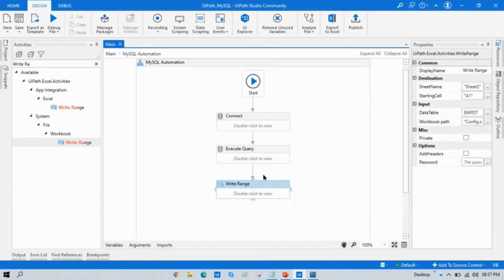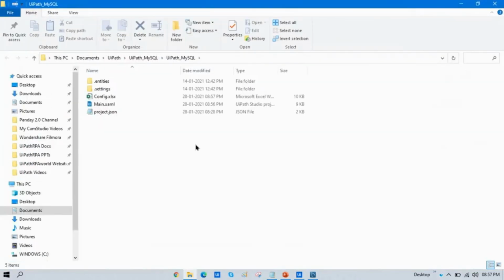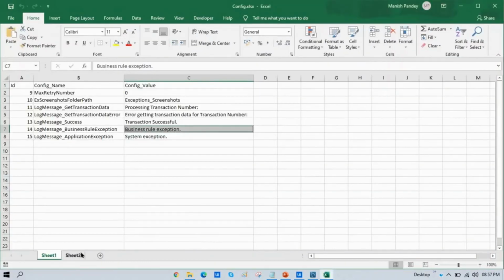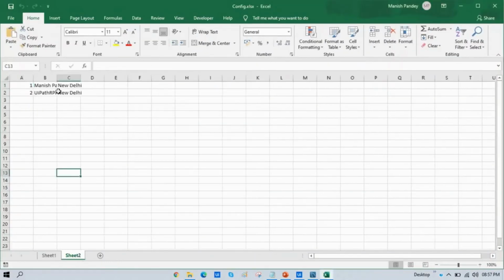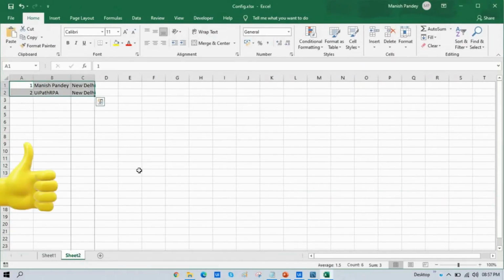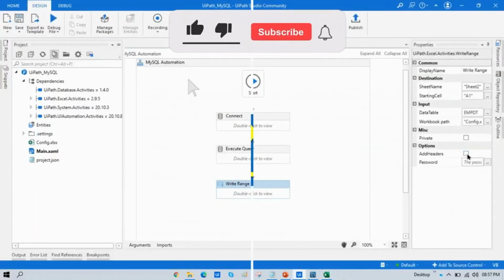So just we need to go to the project folder and we need to open that config Excel. And we need to go to the SIT2, and here you can see we have both records available here. Only the mistake that we have not used add headers.